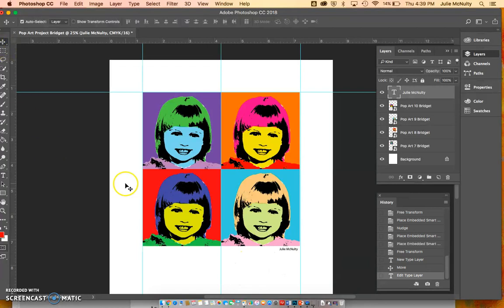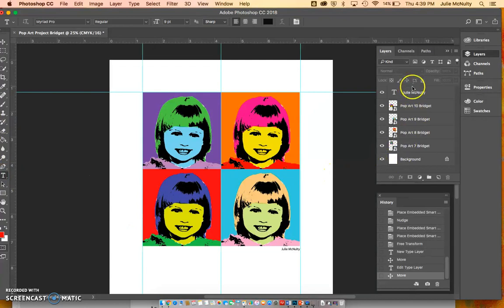Go back to my move tool. I just like my name to be lined up with the edge there. Okay. And then I think over here I'm going to name it just because I did that with the other one. You can do it on the same type layer or make a new one. Okay, I'm going to call this